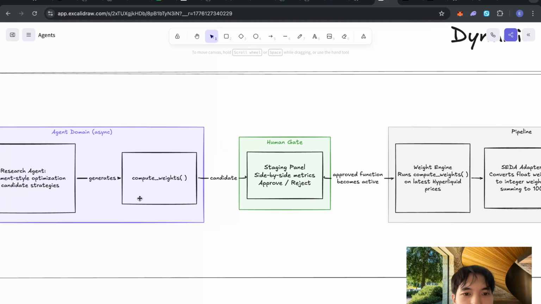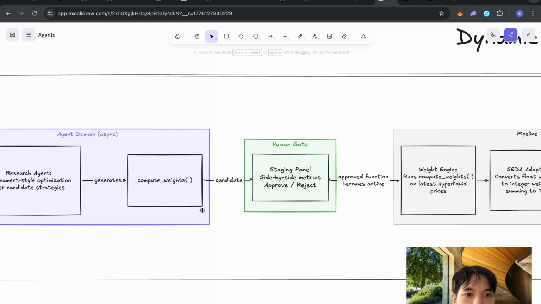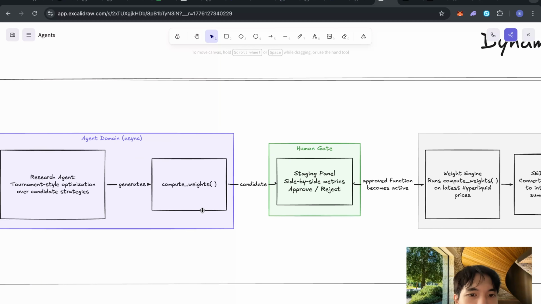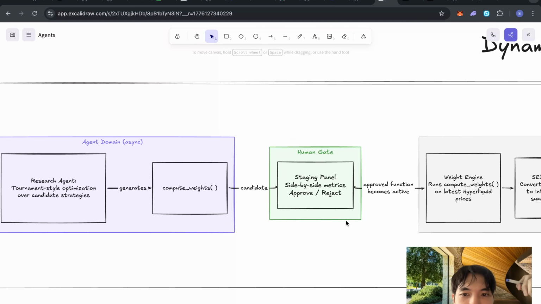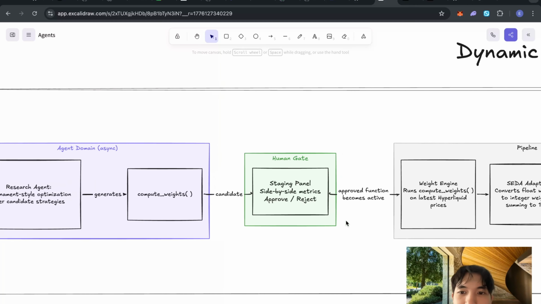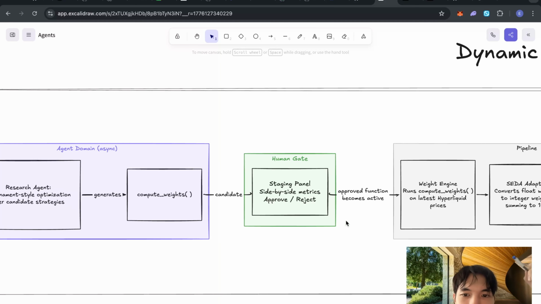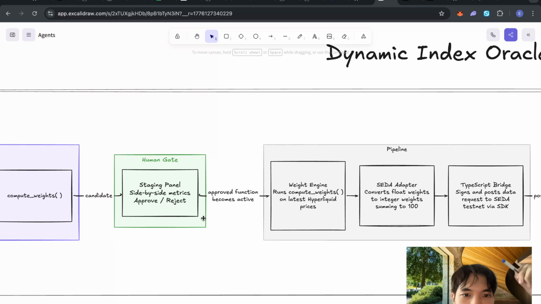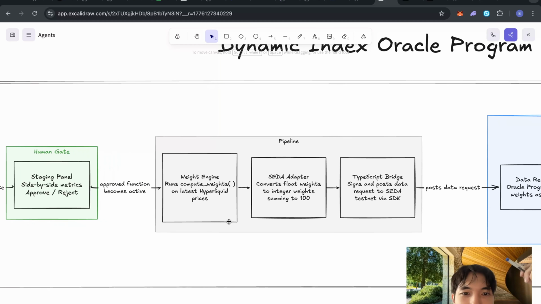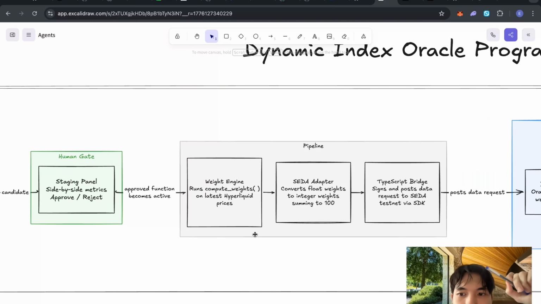So let's say your first run produces the first weight function that you end up using. You can have the agent keep on running in the background to continue staging different versions and basically proposing, hey, how can we bump up the metric by a little bit? And once you have the function that you know you want to use for the Oracle program, this goes into the pipeline to prepare that data to be sent as a request onto the Seda network